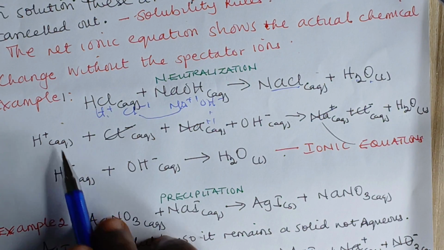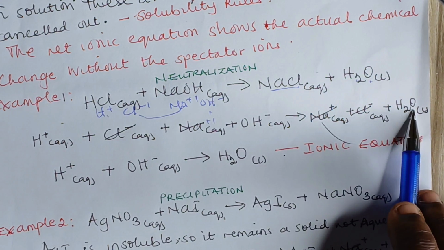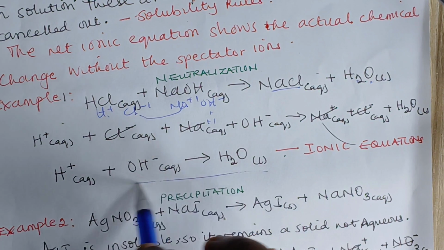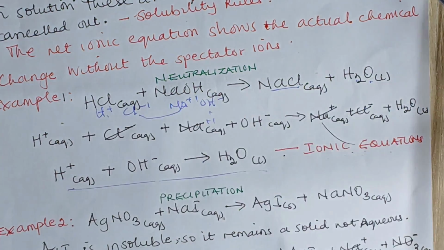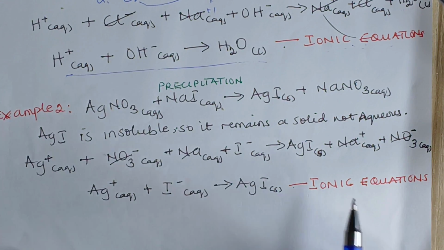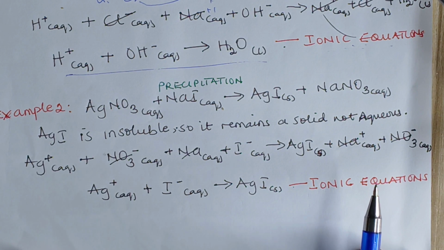So we end up having H plus, that's hydrogen ion, and hydroxide ion on the reactant side, reacting with water. So this is just the ionic equation of a neutralization reaction, which is entirely different from the normal chemical equation. Now we also have another example, which is precipitation, the reaction between silver nitrate